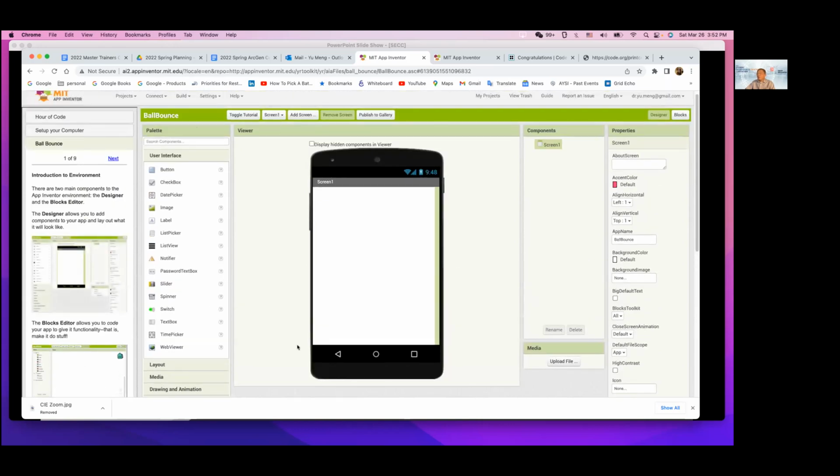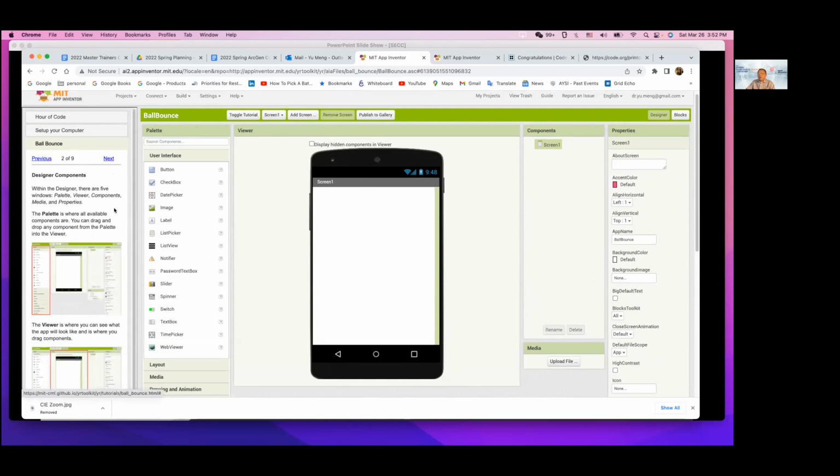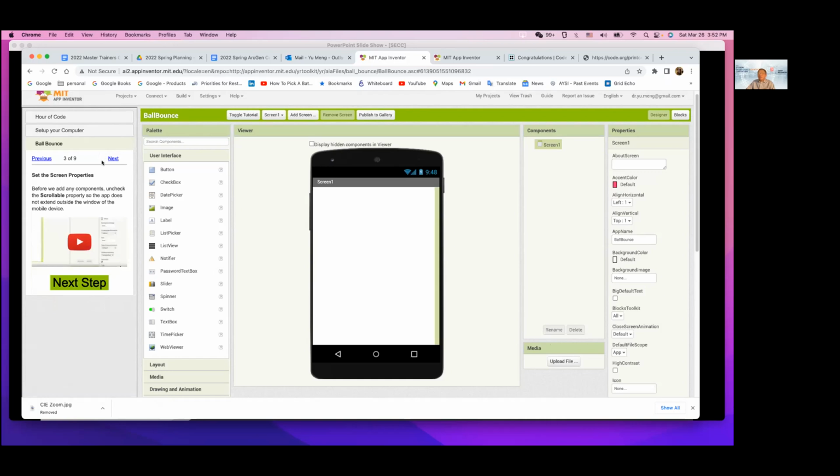essentially, this is the environment. This is the environment, okay? We have all kinds of things we have already introduced. Everything is blank. There is a blank cell phone interface over here, that's what it says. And also, these are some introductions to different parts of this development environment. We did it already, so we're not going to repeat it. All right, so, well,